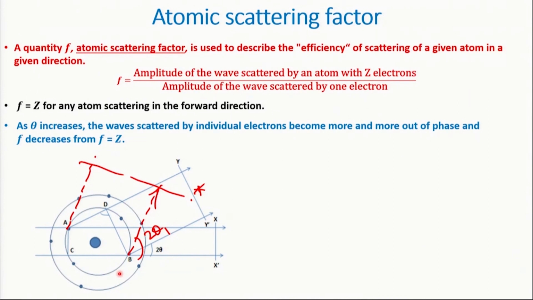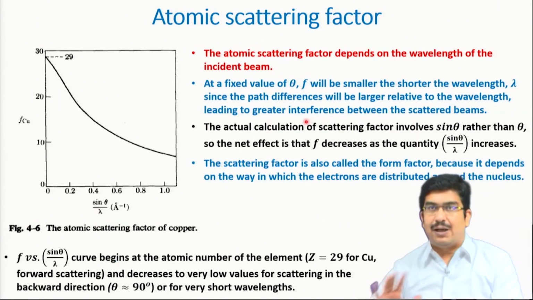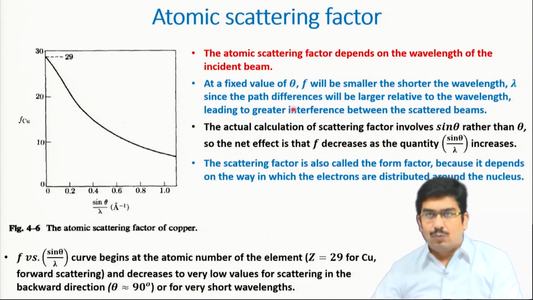The chances of the path difference being an integral multiple of lambda will be lesser if lambda goes down, and the same thing: this possibility will go down if we increase theta, and this can be proved geometrically. I am not going into it here; if you like, you can try this. But what we are saying now is that for both, the atomic scattering factor will depend on